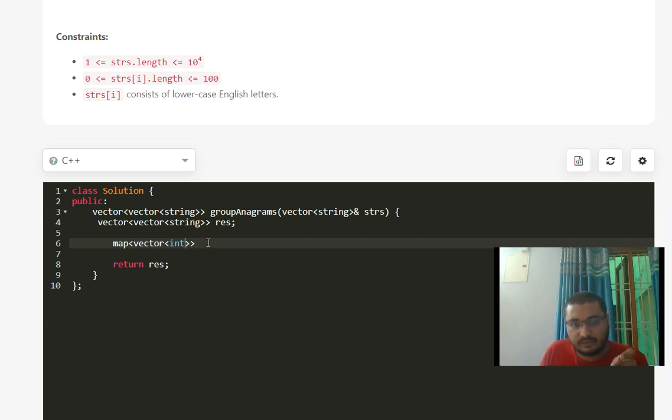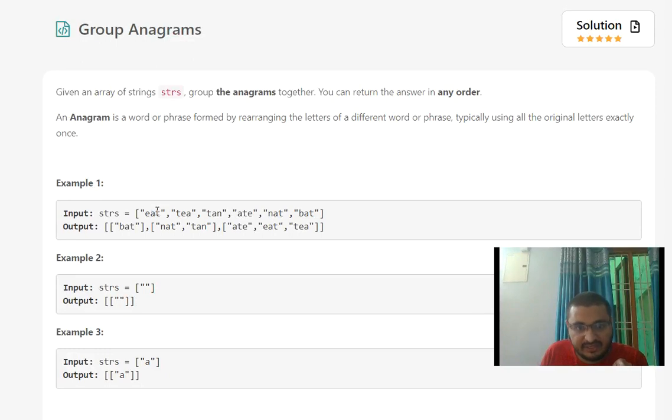Like 0 will correspond to A, 1 to B, 2 to C. Similarly, we will traverse through a string like EAT, and when we see E, we will increase the value in the hash at the position of E, and then when we see A, we will increase the value in the hash at A.